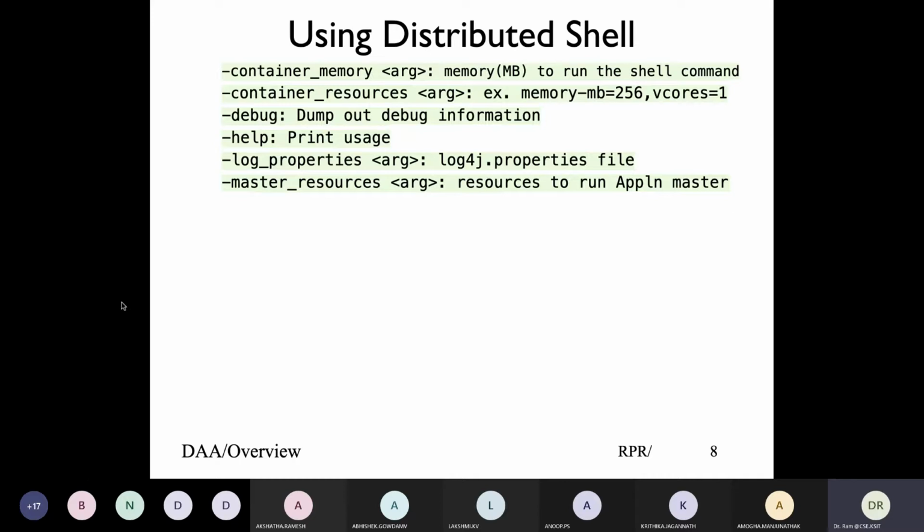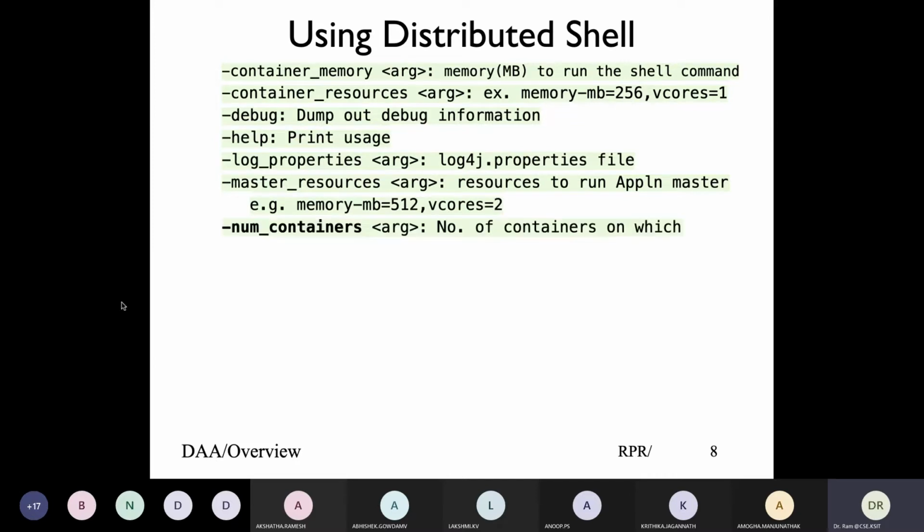And again, since we have a job which runs an application master, and then individual jobs in containers, we should be able to specify resources for the application master and then individual containers. Important to us from this perspective is how many cluster nodes we would like to run our distributed shell program on. So we specify the number of containers. If we don't give it, by default it is 1. If we specify 3 or 4, it will run the same program on that many containers.